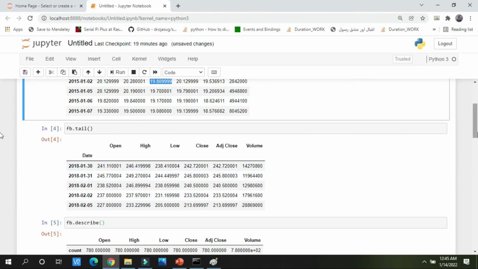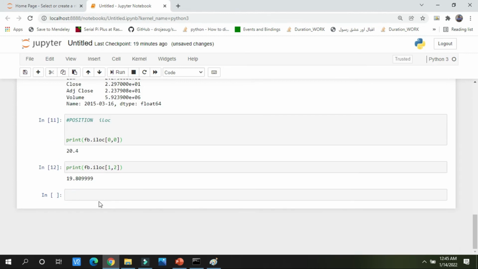So how can we find it? Using fb.iloc, meaning selection by position. See it clearly, I am writing the same fb.iloc, but for the first row you write 0, for the second row you write 1, and for the last row always remember you have to write -1. -1 means to go in the reverse direction.